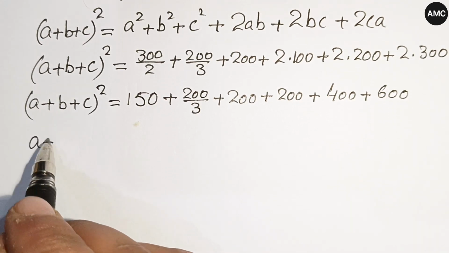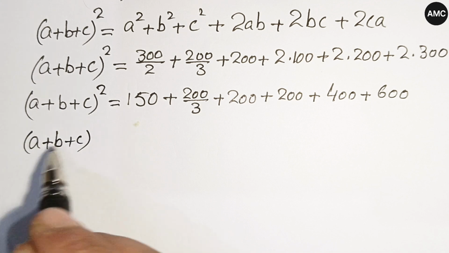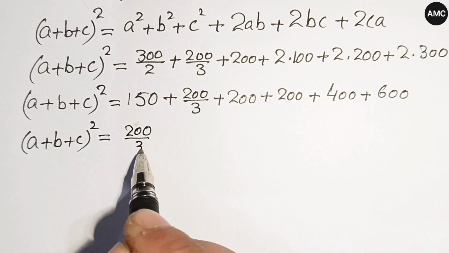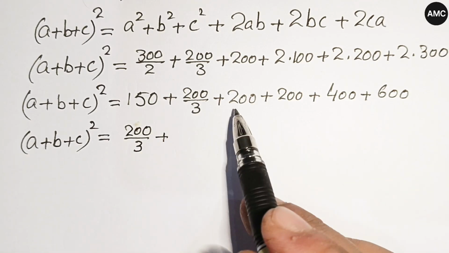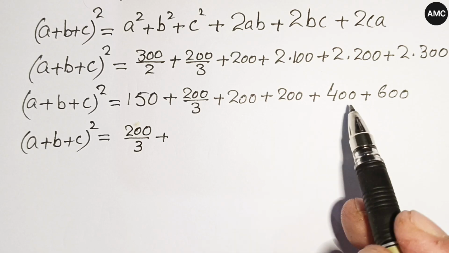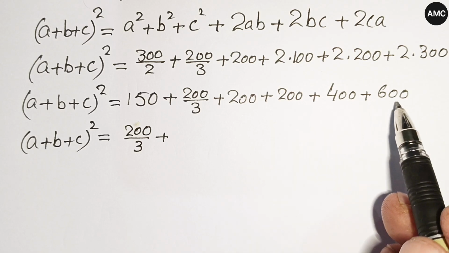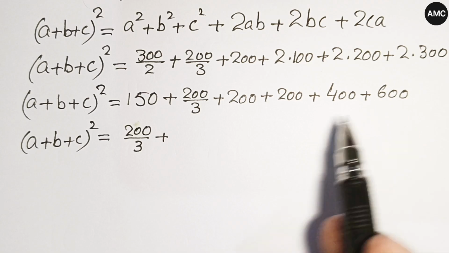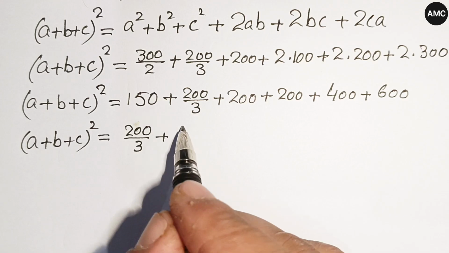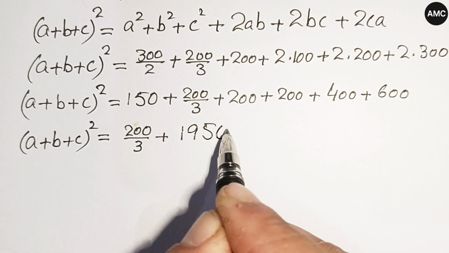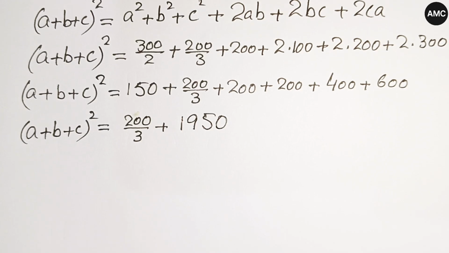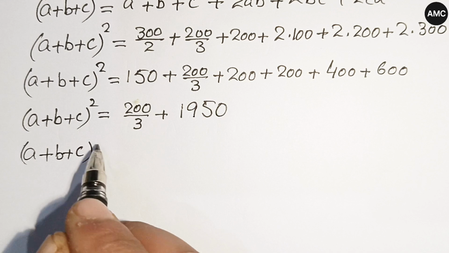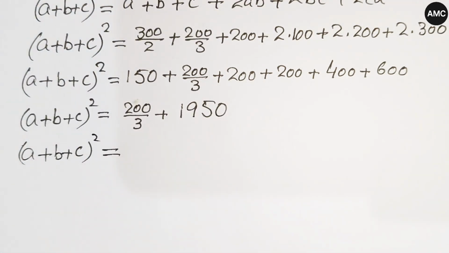Now (a + b + c)² is equal to, if we just write 200 over 3 here, plus here we have 200 plus 200 is 400, plus 400 is 800, plus 600, that is 1400, that is 1800. So 1800 plus 150 we get 1950. So here we have our next step, (a + b + c)² is equal to,